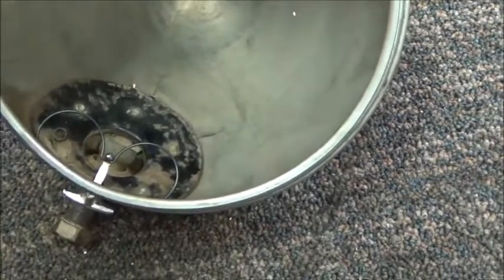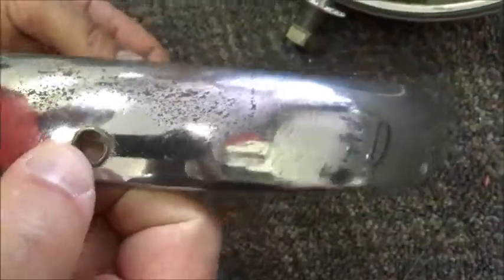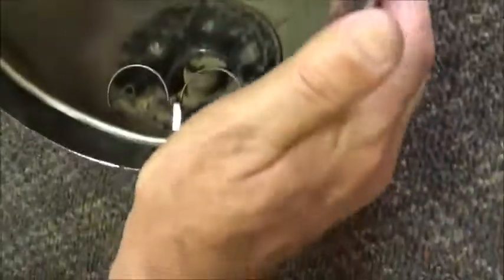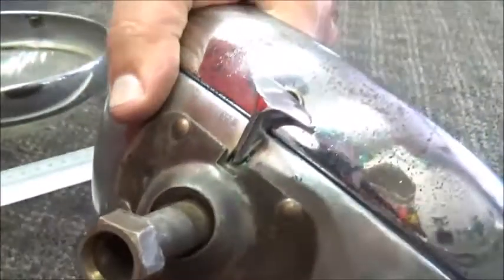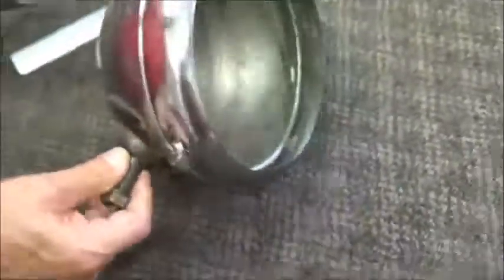The next thought is, you've got a tab that centers on the top of the bucket. That's a locating tab, and you should also have a tab on your rim at the base unit, and you can see the hole. That's where the T retainer clip is going to go into when it's finally in position. So the final step is to use the centering tab at the top, and then push the bottom down into place, and then you're going to, with your fingers, pull the T-clip up and into the hole, and that gives you your final locking position to hold the entire assembly together. That's it for